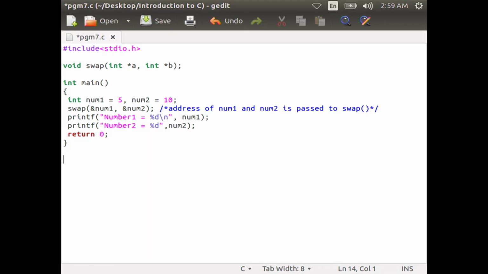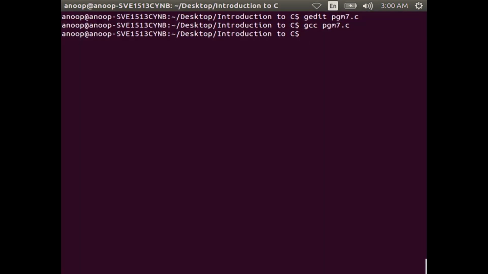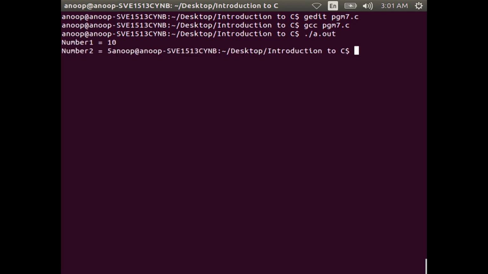Then void swap with the parameters int *A, int *B, then within curly brace int temp, temp = *A, then *A = *B, then *B = temp, then close the curly brace. Now, you can compile this program and then execute it. You can see the result num1 equal to 10, num2 equal to 5.